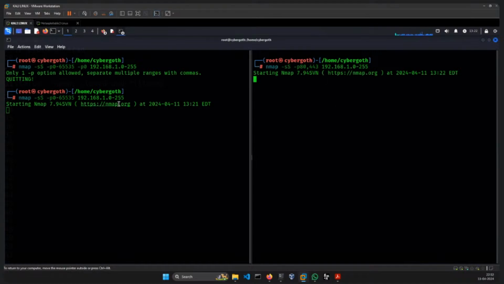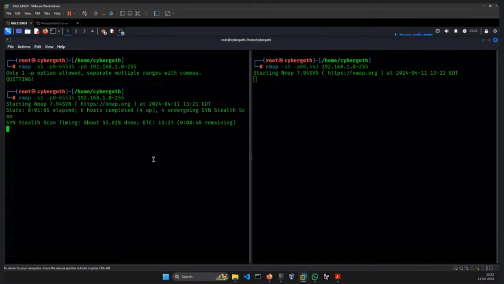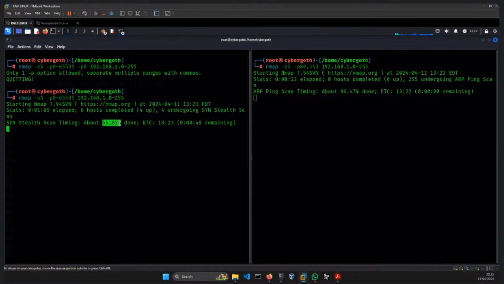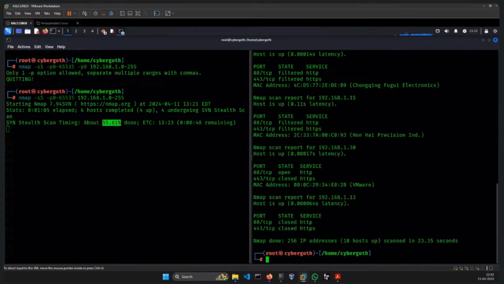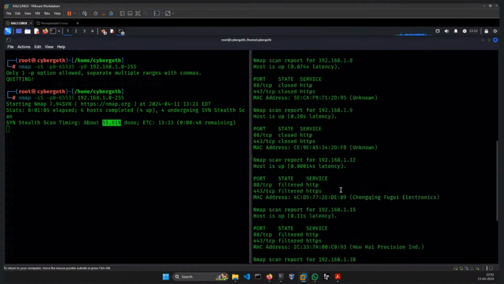If you see, this one will take a little bit longer compared to this one; this has completed only 55% and this has completed 96%. Yeah, there are two more statuses as well, closed|filtered and open|filtered. Okay, so if you come over here and see the results,